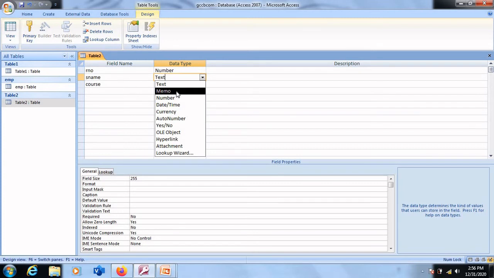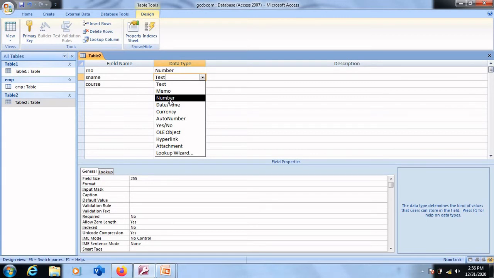The next one we have, the most commonly used data type, is number. Number, as the name itself indicates, is used to accept numerical data. If you have any column or field wherein you wish to accept numbers, you should select this data type called number.